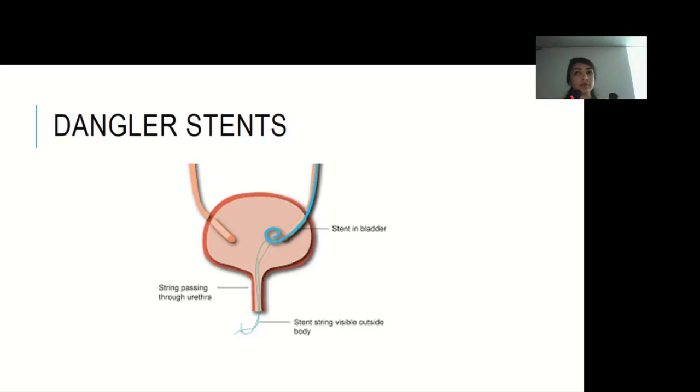So the onus of this stent lies on the person who has placed the stent. He has to remove that stent. If that stent remains over there, you are responsible for that stent. So whenever you are discharging the patient, tell that patient that you have got a stent and this needs to be removed in 4 to 6 weeks by hook or by crook. Otherwise your kidney will be gone.